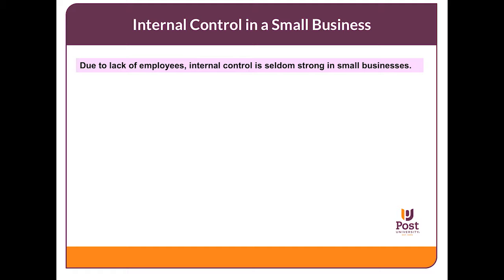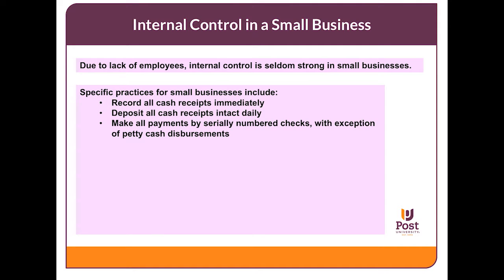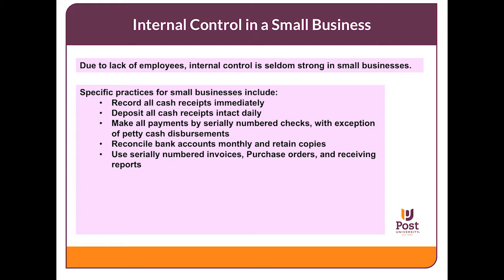Due to the lack of employees, internal control is seldom strong in small businesses. Specific practices for small businesses include: record all cash receipts immediately, deposit all cash receipts intact daily, make all payments by serially numbered checks with the exception of petty cash disbursements, reconcile bank accounts monthly and retain copies, use serially numbered invoices, purchase orders, and receiving reports,